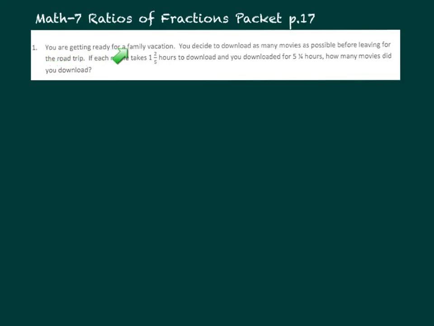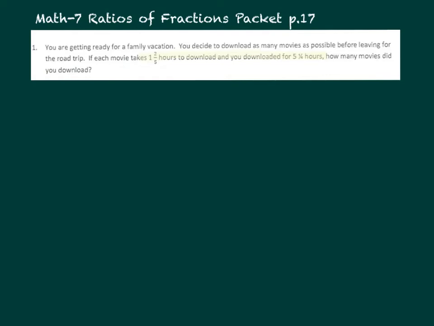You're getting ready for a family vacation. You decided to download as many movies as possible before leaving for the road trip. If each movie takes 1 2/5 hours to download and you download it for 5 1/4 hours, how many movies did you download? Okay, so if each movie takes 1 2/5 hours to download and you download it for 5 1/4 hours. Okay, so to solve this problem,